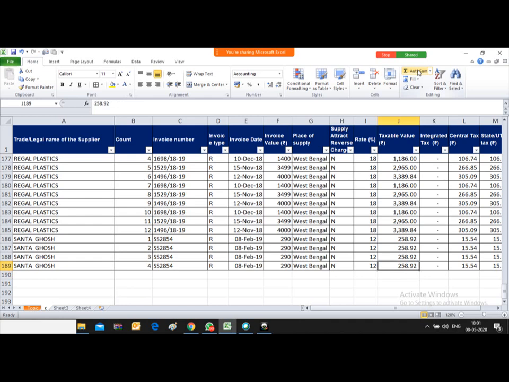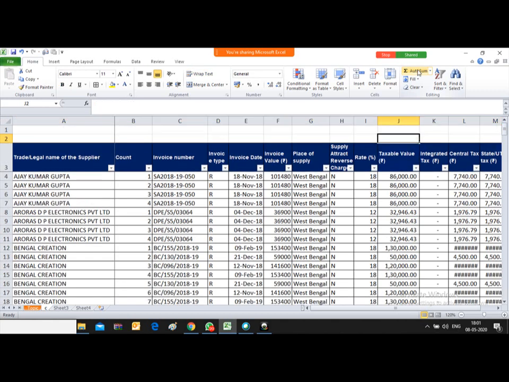So now, friends, come to our subtotal. Subtotal is again one of the important functions. Friends, many times we use filters in our working sheets. If you are using a filter in your working sheet, then your summation formula will not work. Summation adds all the values appearing in a particular column, but if you use subtotal, it will add only the visible cells. Subtotal will add only visible cells. Let's see, I'm using two formulas over here.